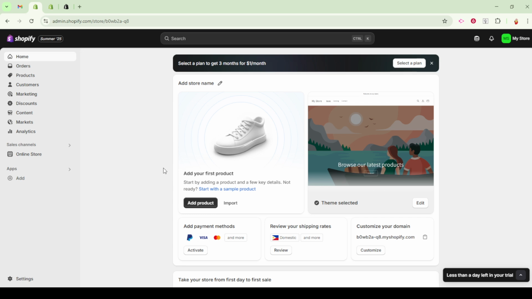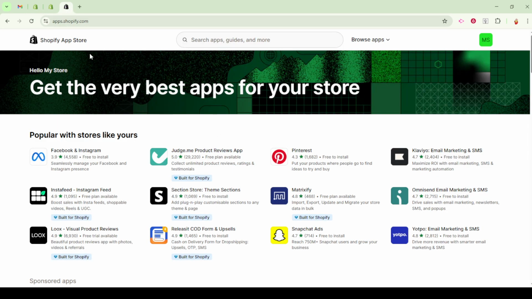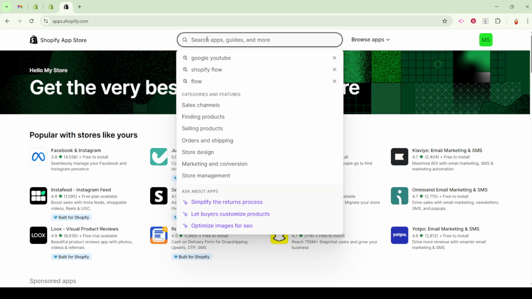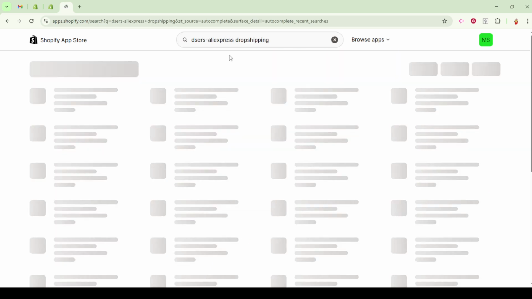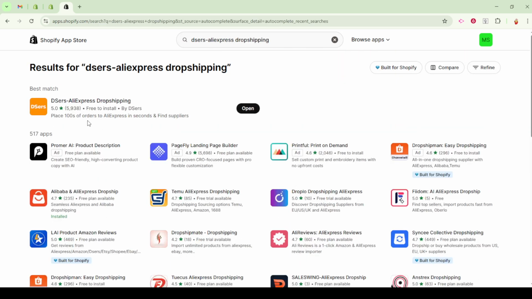To get started, you'll need to choose a dropshipping app from the Shopify App Store that supports integration with AliExpress. Some of the popular options you might consider include DSers, Oberlo, and AutoDS. DSers is often recommended due to its robust AliExpress integration. Oberlo, on the other hand, is a favorite among beginners for its user-friendly interface. AutoDS provides great automation features for streamlining your workflow. Take a moment to explore these options, perhaps reading reviews and considering their features to decide which one best fits